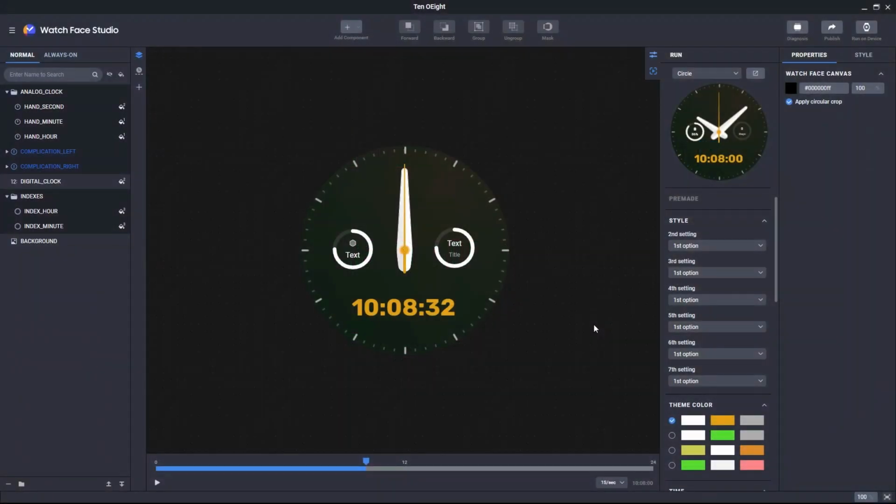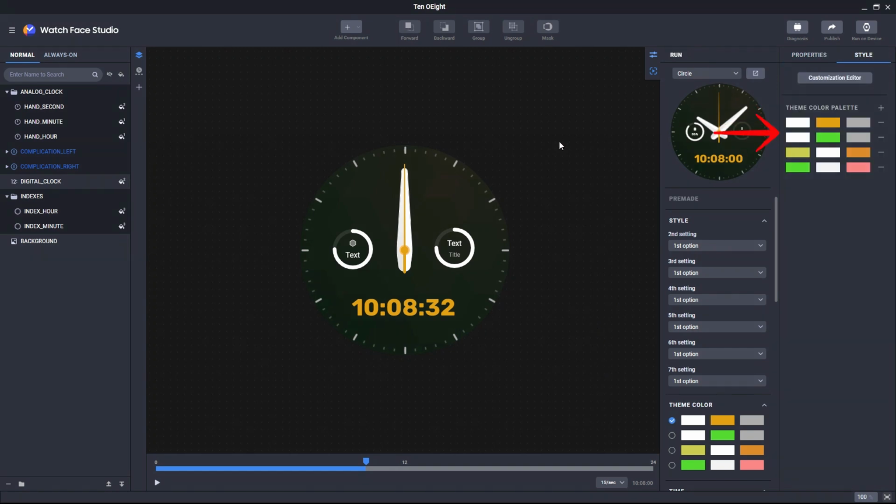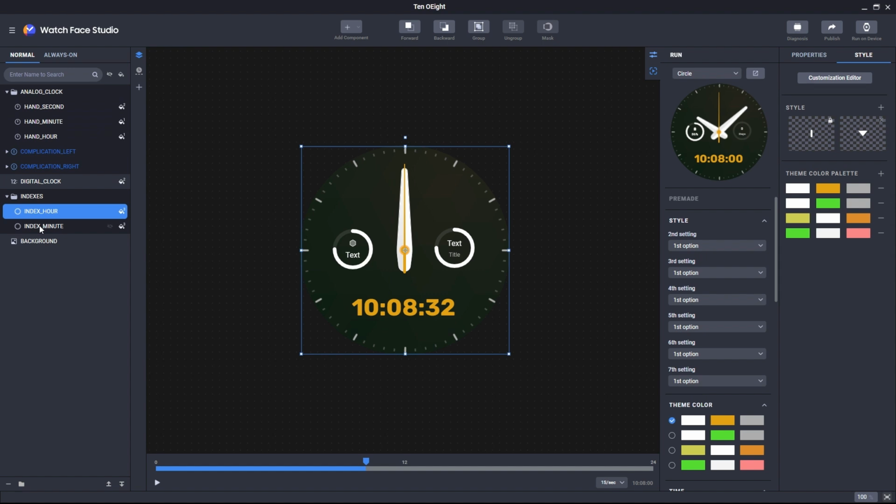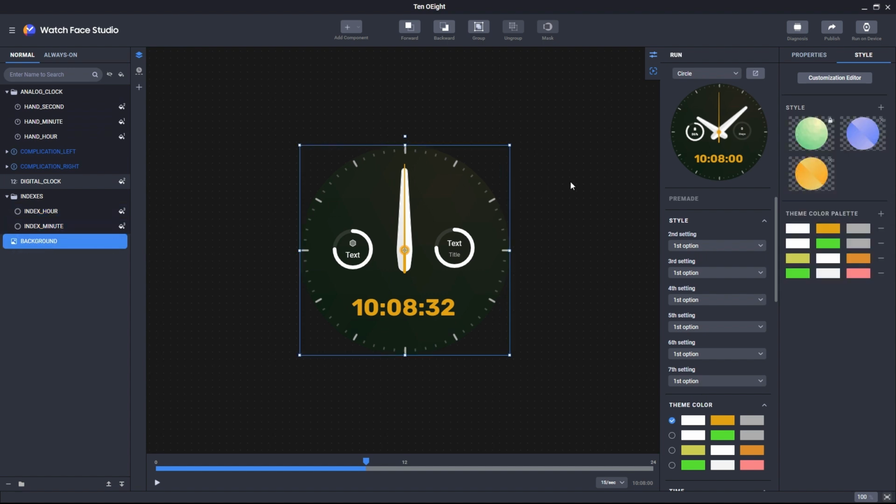Different from the other videos, I'll need to cover all the topics together in this one. To help me with that, I created this watch face and added some styles to the components. Let me show you. I added 4 color palettes, 3 radial indicators, each one with 3 styles, 2 complications, 1 digital clock with 3 fonts available, 1 main index with 2 styles, 1 more index, and 1 image component as